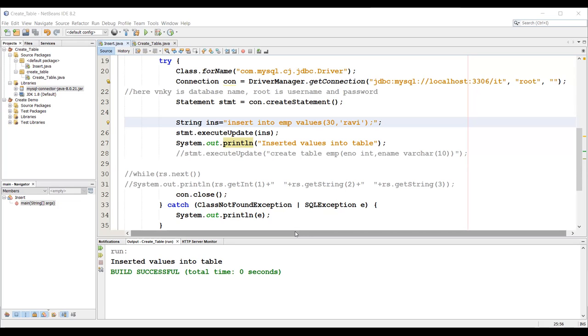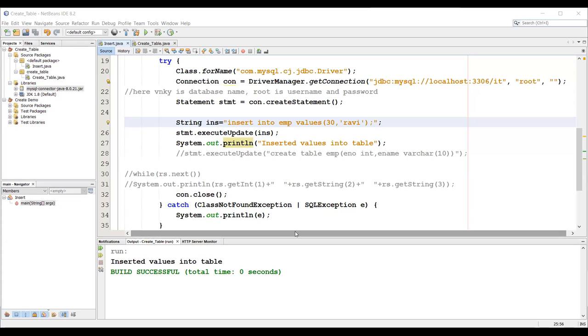Be careful. Creating a table will give a success message only one time. If you run the same program another time, it is going to throw an error. Why? Because the first time we run the program, the table does not exist in the database, so it creates that table.